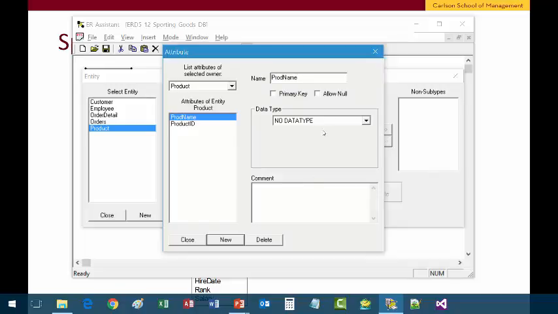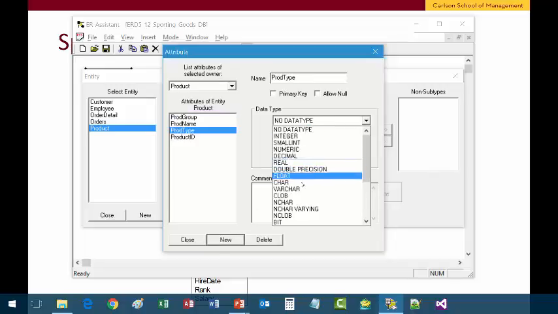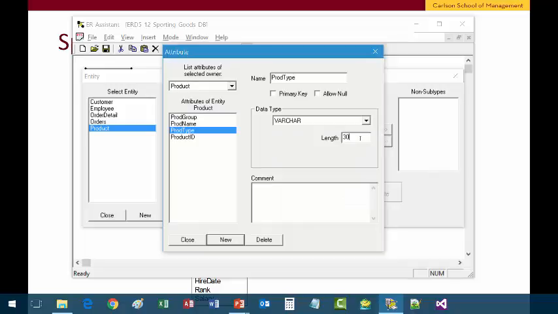varchar 50. Okay, and I'm going to have prod type, prod group, isn't it? Prod group and prod type are varchar 30s both. Then we got a wholesale price and retail price either as double or decimal 5.2. So let's go